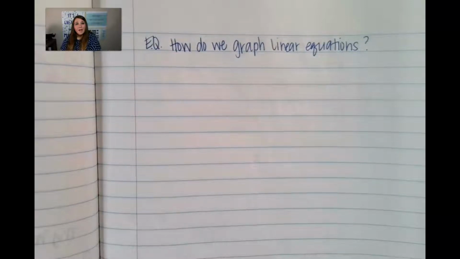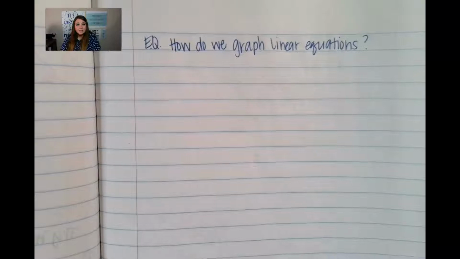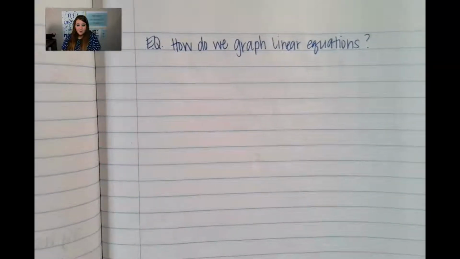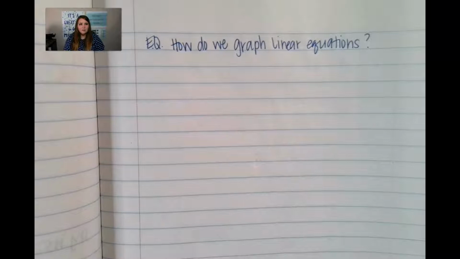Today we will be learning about graphing linear equations. So, what is a linear equation? Well, a linear equation is an equation whose graph makes a line, a straight line. And the points on the line are really important because they are the solution to the problem or the equation